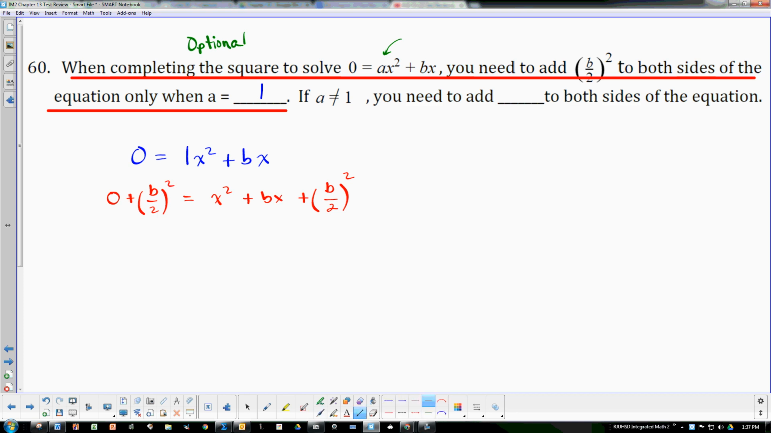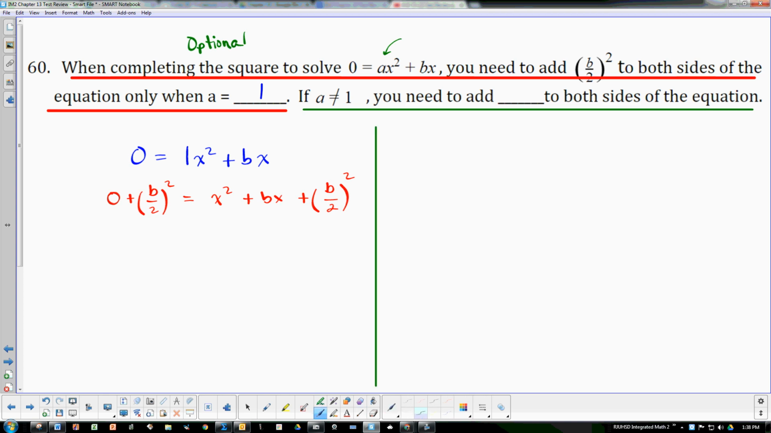And the second part, let's underline this with green. If a does not equal 1, you need to add what to both sides of the equation? Well, let's separate this. So let's just say this is going to be 0 is equal to ax squared plus bx. Well, if I divide by a, I think you can see that this is going to be 0 is equal to x squared plus b over a x. And essentially, now that we have this leading coefficient of 1,